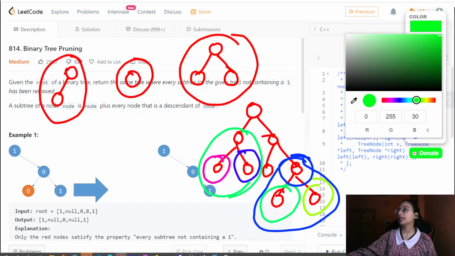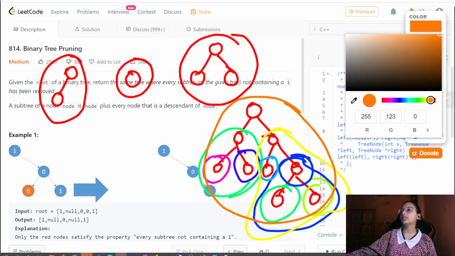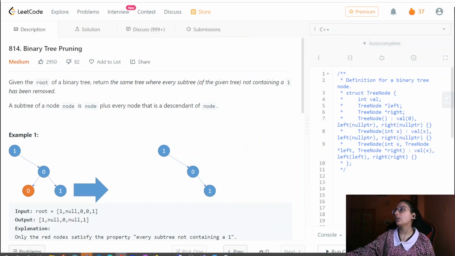Then if we go ahead and check, this is a subtree because there are no other nodes attached to it, but now this whole would be a subtree because there are a lot of nodes attached to it. And this as a whole is also a tree and even a subtree. So like this only, if we have some nodes attached to it, then it will become a subtree. So this is the pure definition of a subtree. Now comes the part of how we are required